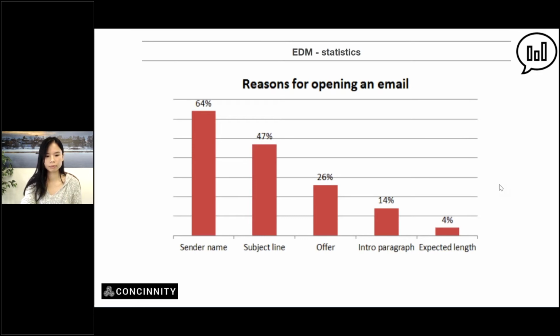And again, there are offers, intro paragraph, expected length, but that's usually after opening an email. Even if people do know you or your company, and you send lengthy emails which are boring, some may not open it, but the majority will still open it. So the takeaway from the slide is it's very important to create your own list, because people open emails from companies and people that they know, and the subject line should be good. I do see a poll sign over here, so I will hand it over to Josephine for another poll question.